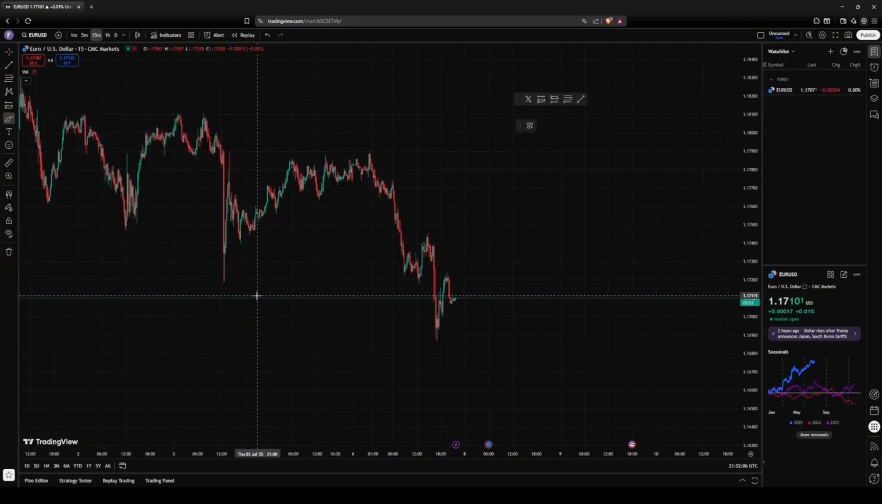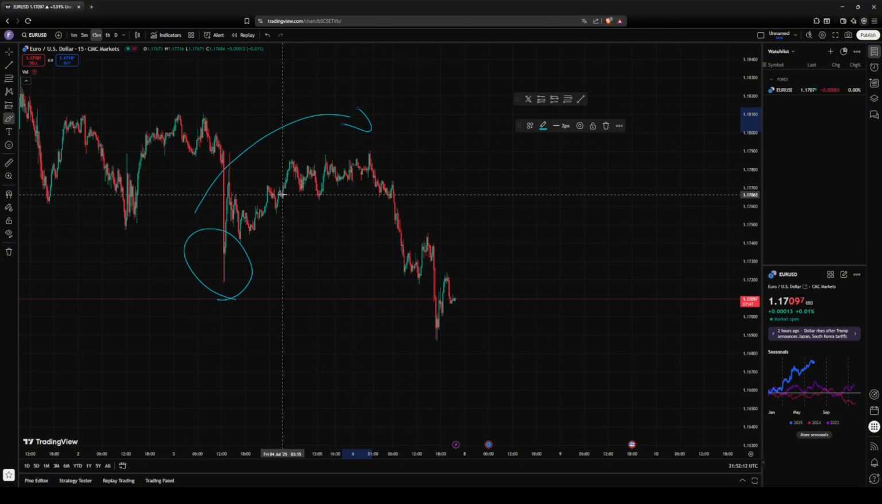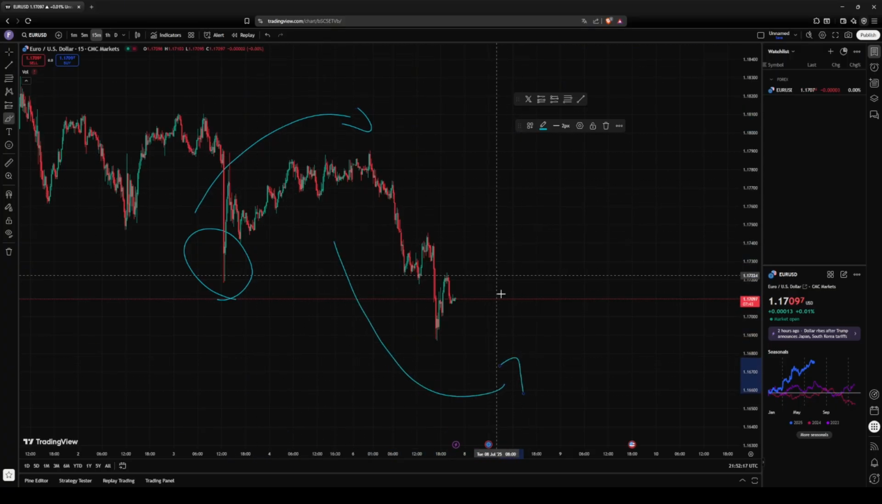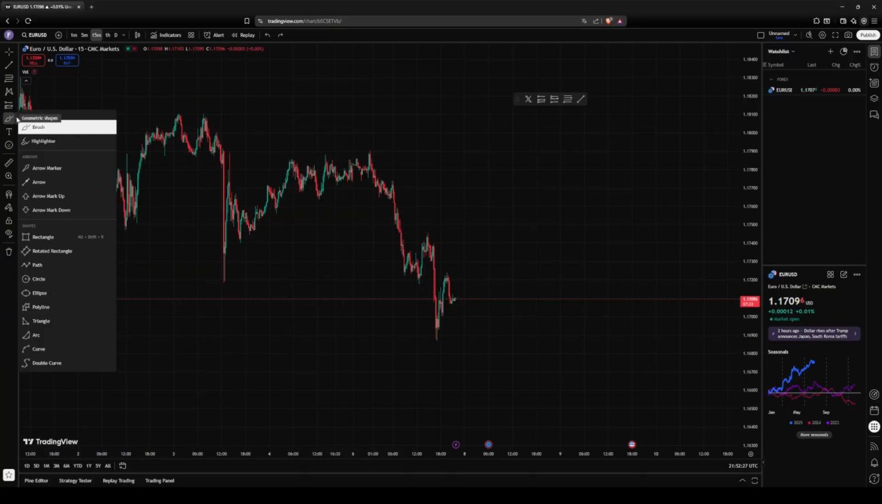Brushes are mostly used when you want to show something to other people. For example, if I'm explaining something in my videos, I will also draw with the brush tool. I think it's really handy if you want to highlight stuff in the chart. But another key thing